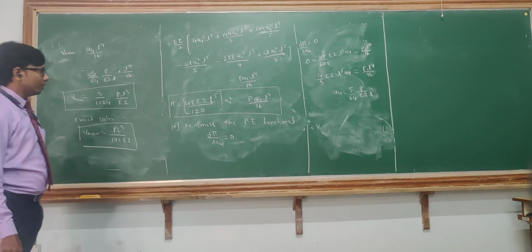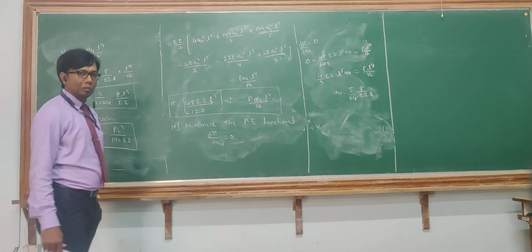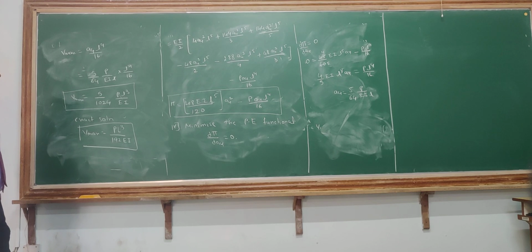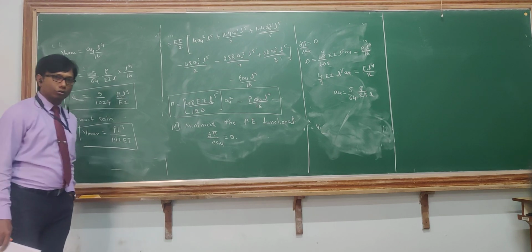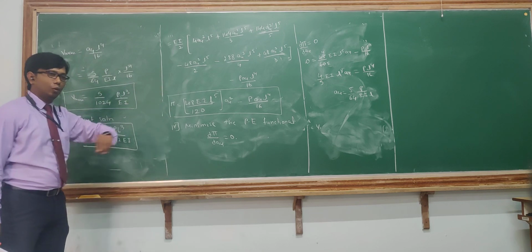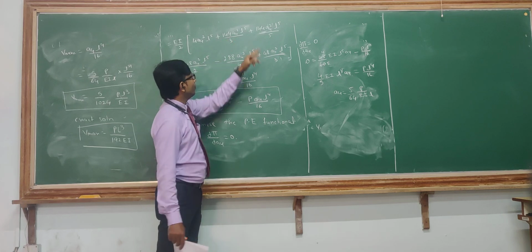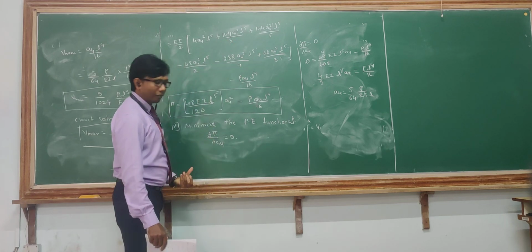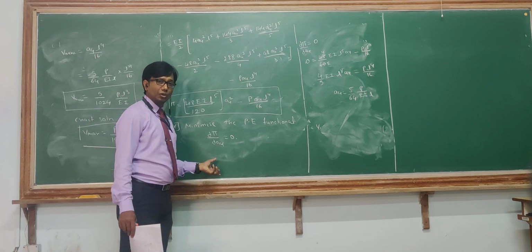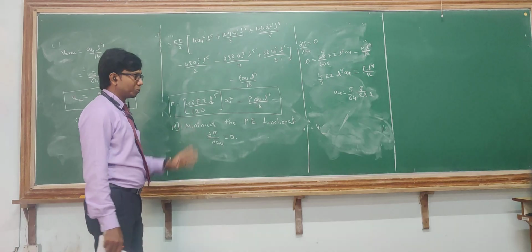So what we have done, we have first equated the potential energy function, then we assume the displacement model. See here, it is a bit lengthy process to get the solution out of this. So you should be very cautious whenever you are solving the problem. Everything has to be converted into a single constant. So everything we have converted in terms of A4, so that finally I get the A4 value. If you leave it as it is, you have to do the differentiation for 3 or 4 terms. So it is better to do differentiation with respect to only one term.